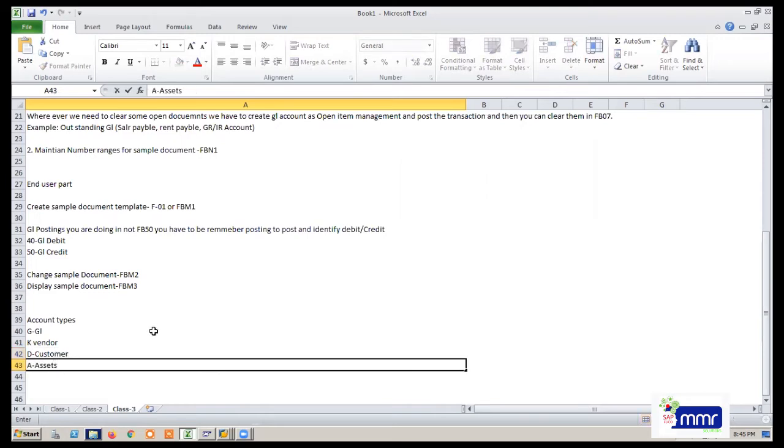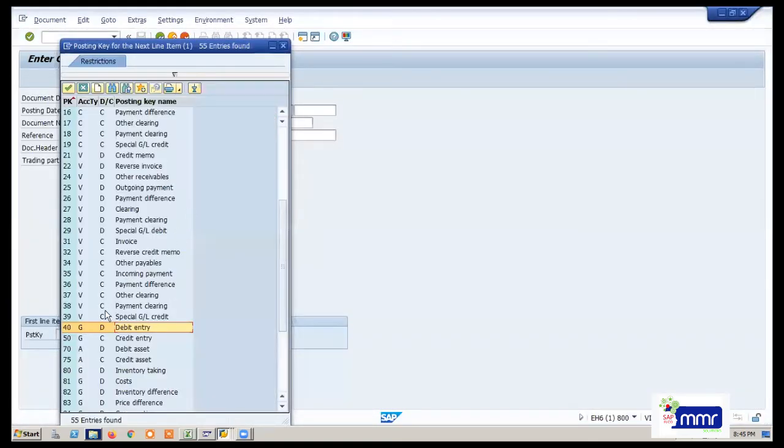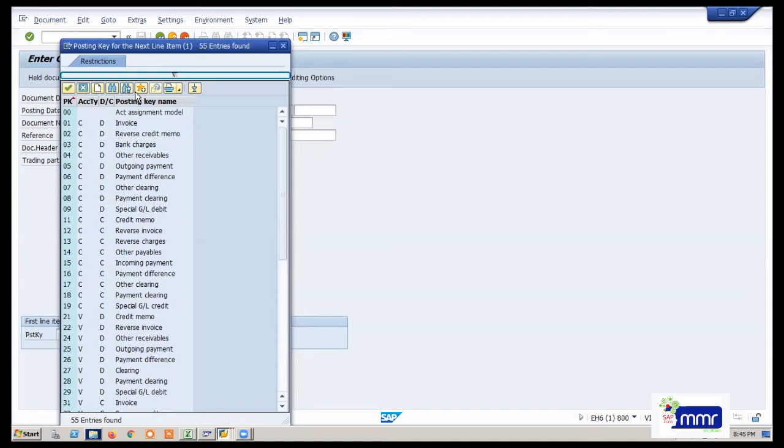Like this, you have to remember. If you don't know the ID, you have to go in this way. V for customer, K for vendor, like that. You see D for customer. Okay, this is D, D for customers.